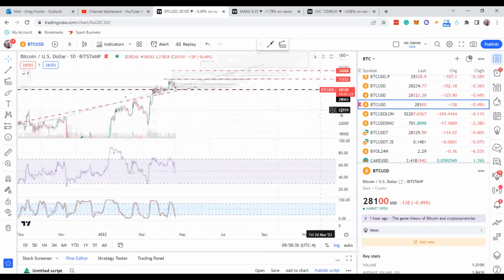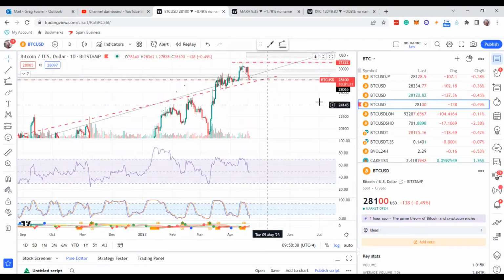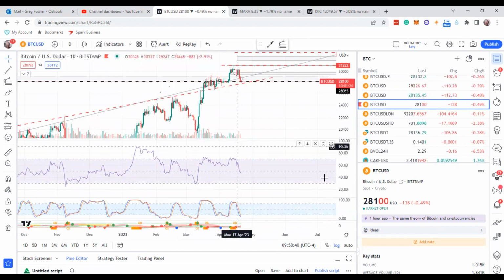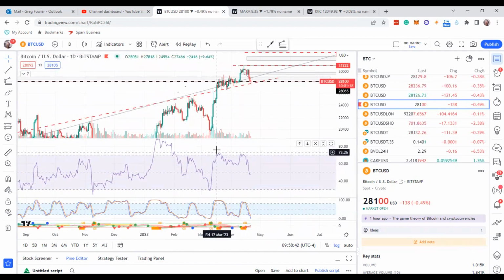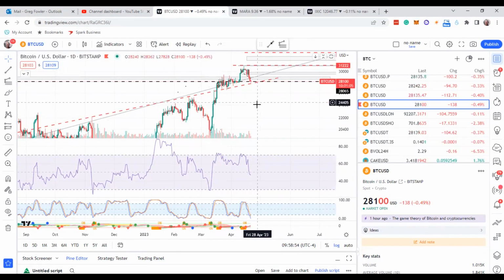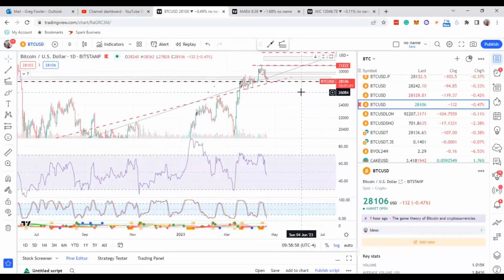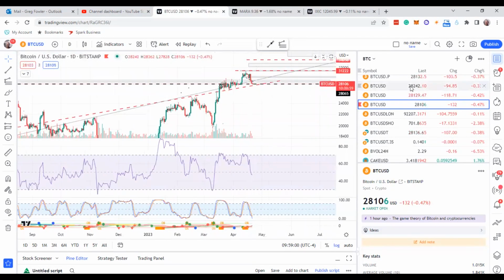So more than likely, now that I'm thinking about it, Polkadot is correcting that leg. Maybe Bitcoin is correcting this leg that it did right here. In this section over here, it's correcting this leg over here. So if Bitcoin is correcting this leg, which is an obvious impulse move, and it's correcting that leg, that means you've got a good shot that Bitcoin will be going back up. It's just going to be in a corrective phase.